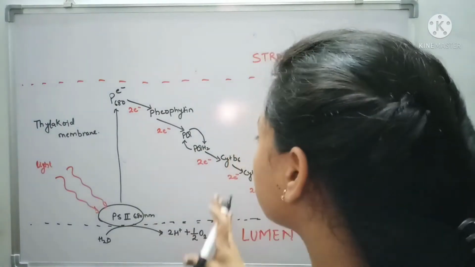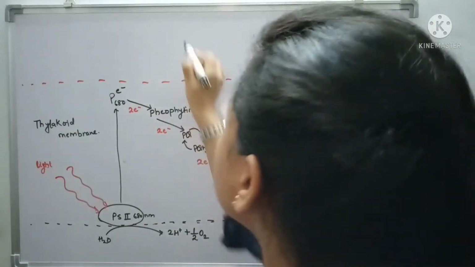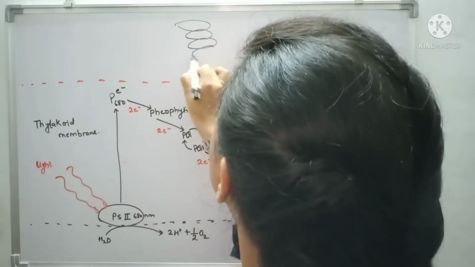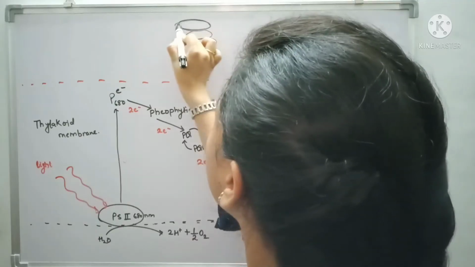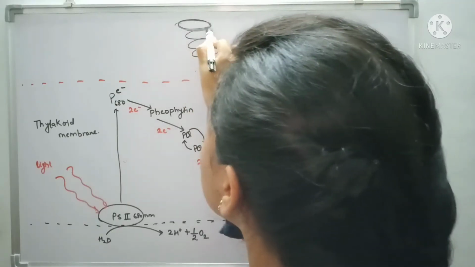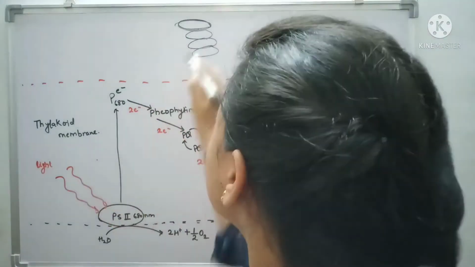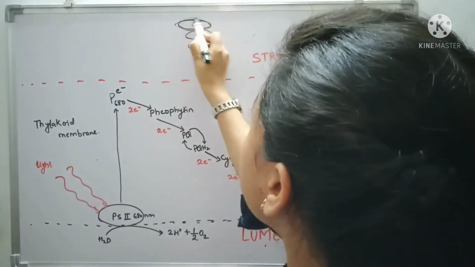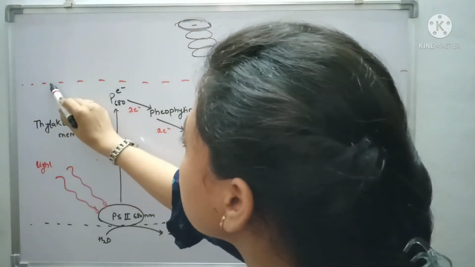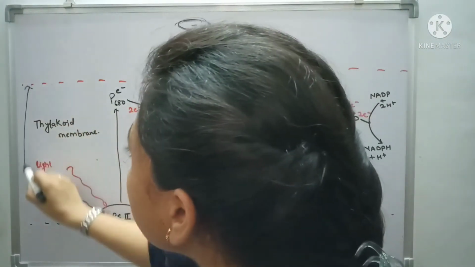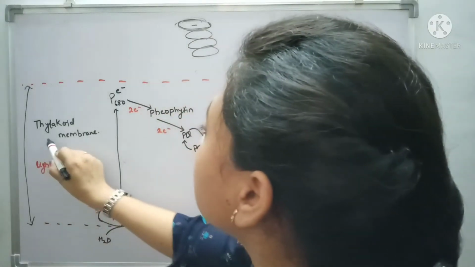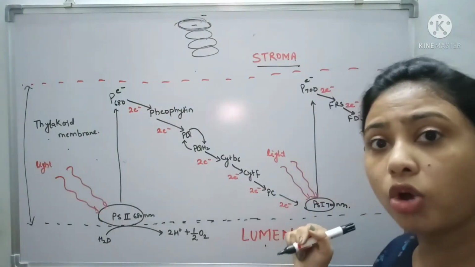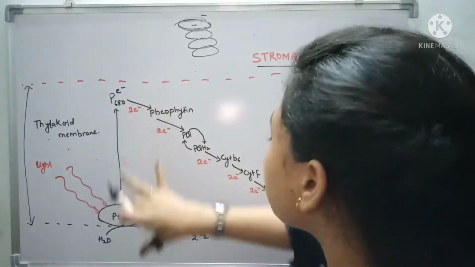This is the structure of the Z scheme, or the light reaction. I told you this is grana, so I have taken this one portion, thylakoid, and I have drawn it here. This inside portion is the lumen. This membrane, starting from here until this end, is called the thylakoid membrane, and outside of it is the stroma, or the liquid of the chloroplast. So this one I have drawn.